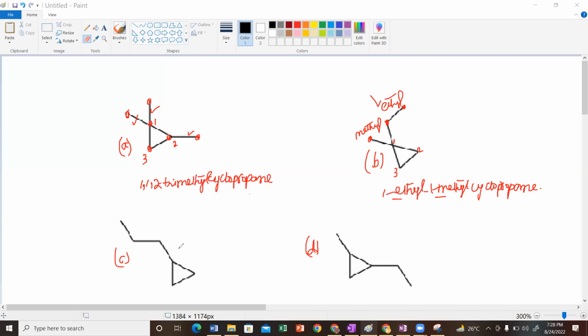Okay. In the second rule, we studied that if the substituent and the cyclic are having the same number of carbons, that condition is present over here. And we have already discussed that if the ring is of 3 members and the substitution is of 3 members, so we would follow the naming pattern. This one is the parent chain and this one will be considered as the branch. So the name of this compound would be propyl cyclopropane. What would be the name? The name would be propyl cyclopropane,